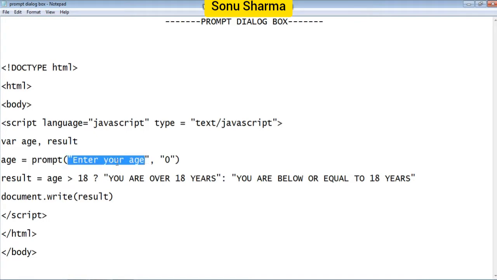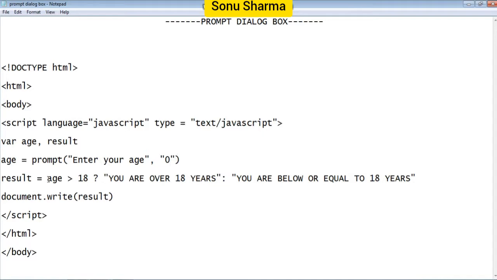This is the first argument, argument 1, and it will be displayed in the prompt dialog box. Comma, then the second argument 0. That means 0 is the default text. So in the prompt dialog box, by default this 0 will be present. And if you do not write anything, then undefined will be written there. I'll show that also.